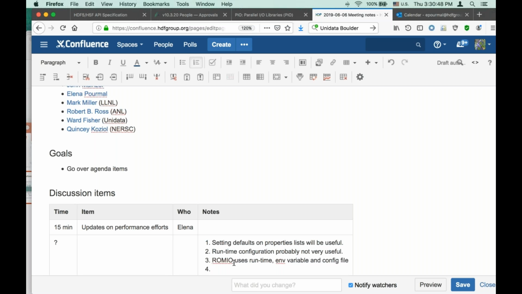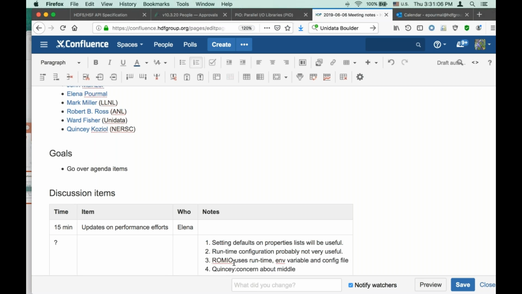So if the facility did it at install time, that probably is fine because you'd rebuild on top of that version of HDF5.